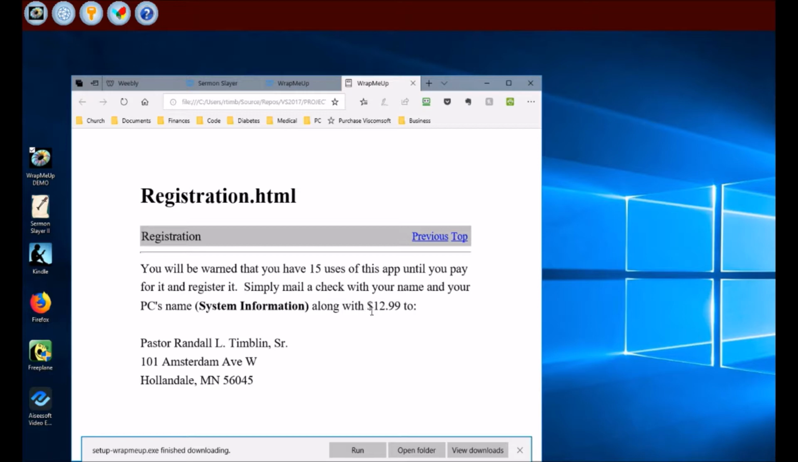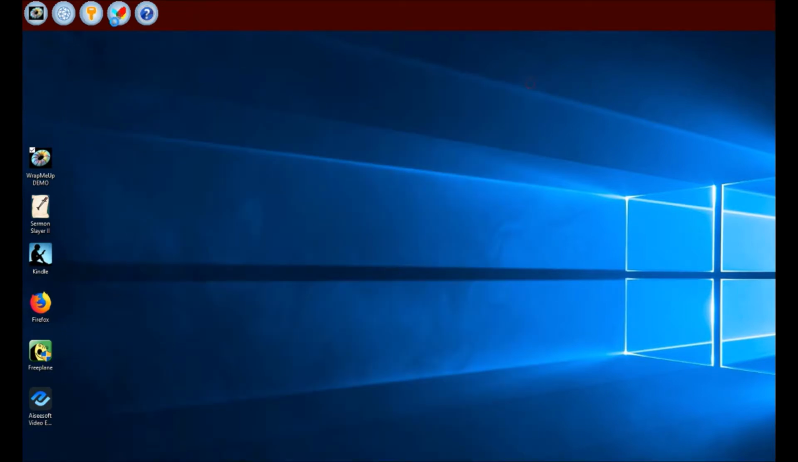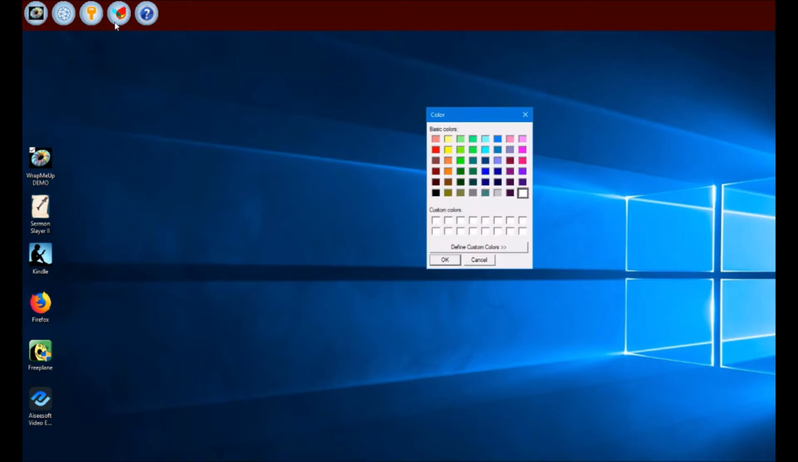Anyway, so that's the help. There's not a whole lot of help necessary. This is the color button. If we hit the color button, that should enable us, cross your fingers, to change the color